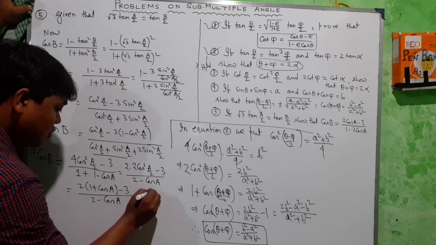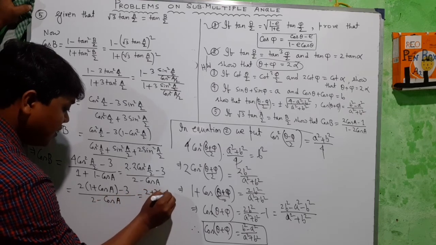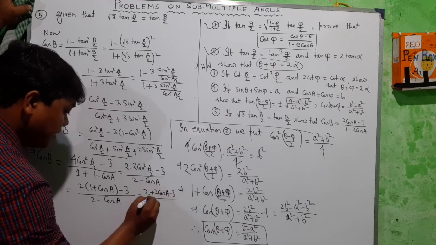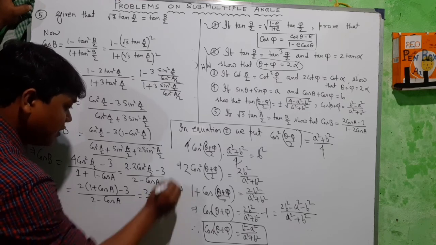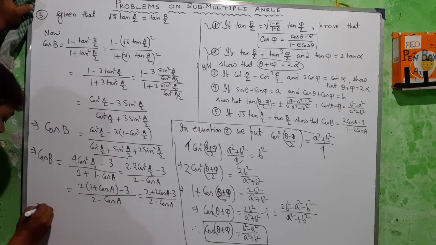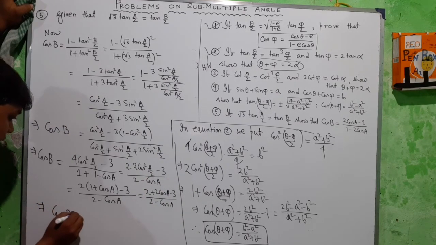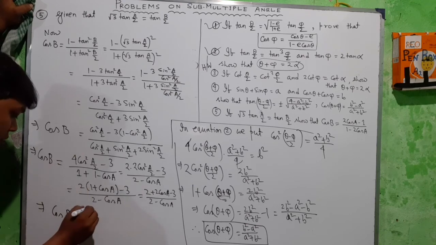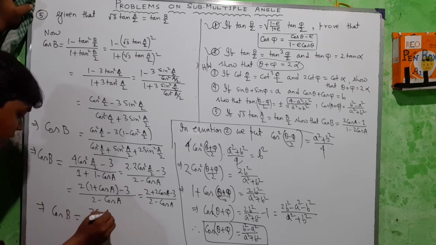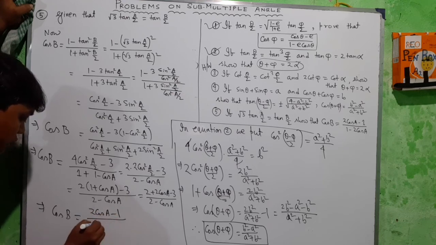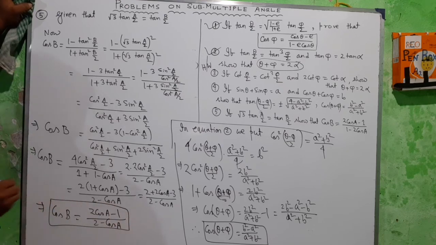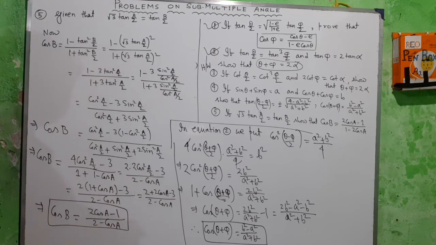So that gives 2 plus 2 cos a minus 3 by 2 minus cosine a. So cosine of b equals (2 cos a minus 1) by (2 minus cos a). This is our required result. We have to prove it, and the result is proved. Okay. I think all of the problems we have already solved. Okay. Next,